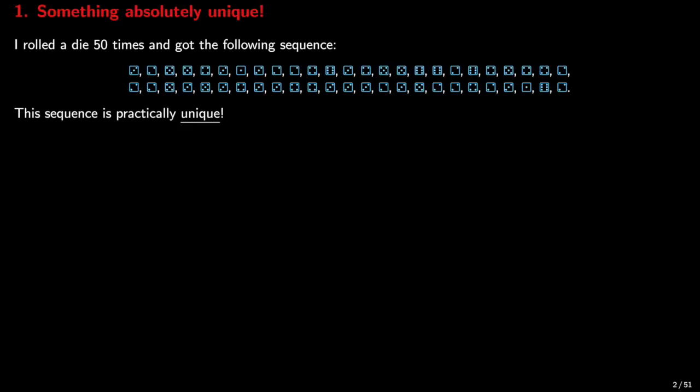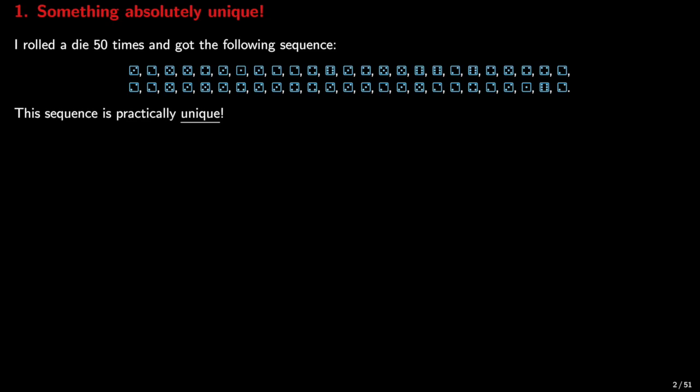So let's talk a little bit about randomness. Here we'll try to understand what randomness is, and to understand also that randomness is difficult to understand. I'll give you 4 facts. The first one is that I rolled the die 50 times, and I obtained the following sequence that I wrote down and I'm presenting to you here. So I got 3, 2, 5, 5, 4, and so on.